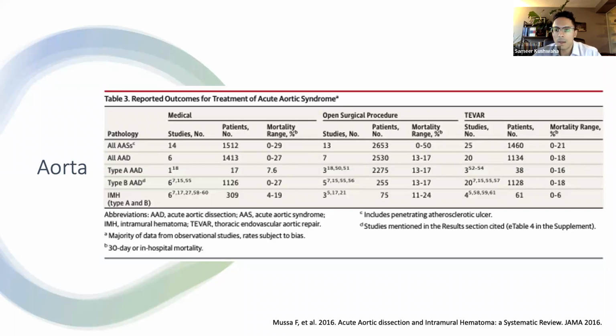Medical management generally renders the poorest prognosis and is likely only done in patients who aren't considered candidates for a surgical procedure or an endovascular procedure. And although it's not specifically stated here, one would imagine that the mortality rates are even higher for people who present with trauma-related dissection due to the severity of their injury and other co-injuries, whereas the mortality data here is sort of all comers who come to hospital with an acute aortic syndrome.